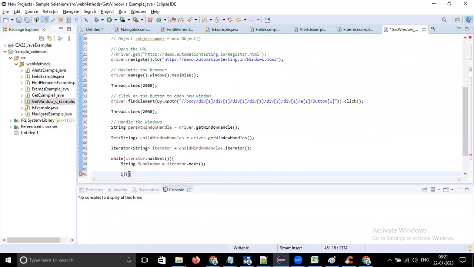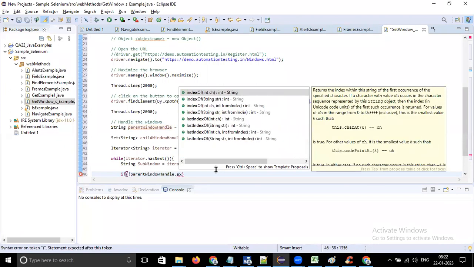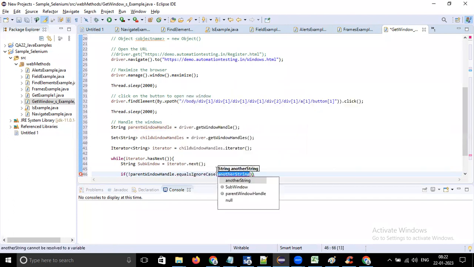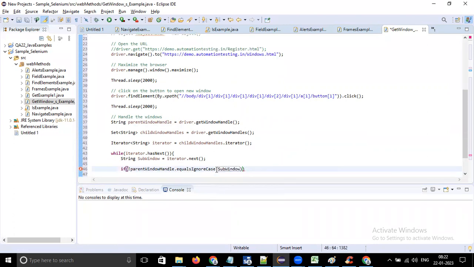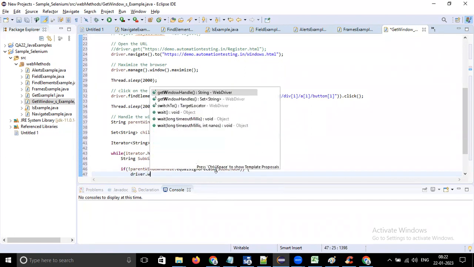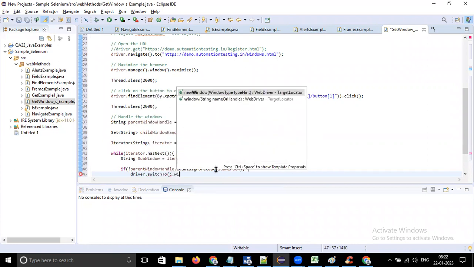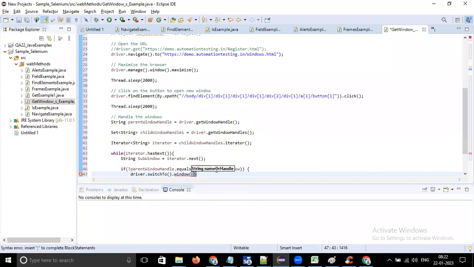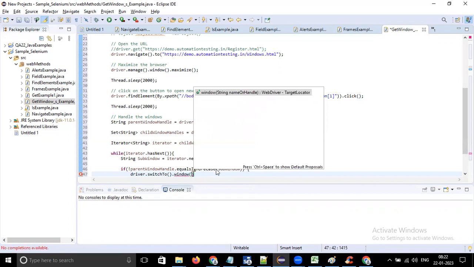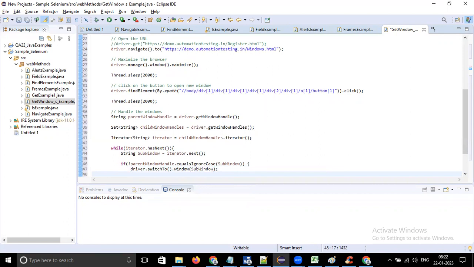If parentWindowHandle.equalsIgnoreCase of subWindow, then driver.switchTo.window of subWindow. WebElement